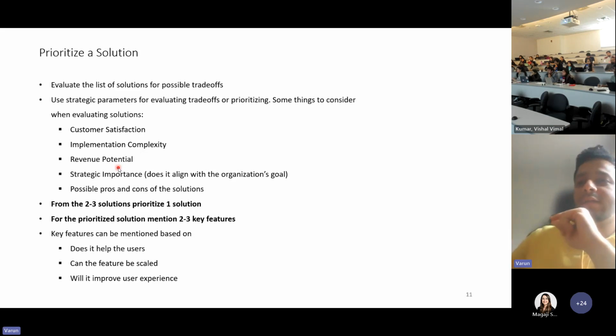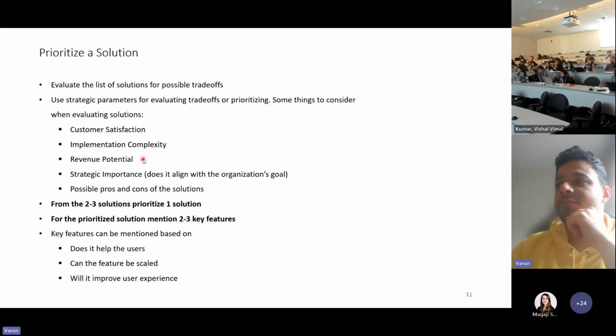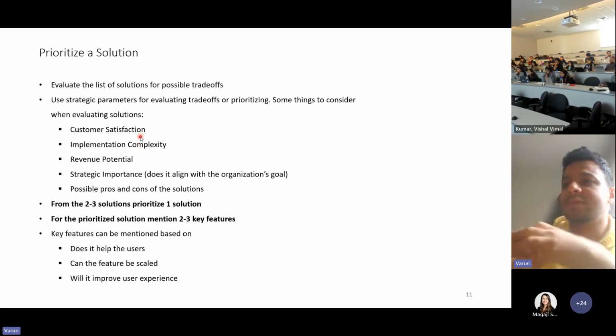So none of these categories take precedence. What takes precedence is the score across all of these dimensions combined. Let's say you score all of these on a scale of 1 to 5. Customer satisfaction is maybe 4, implementation complexity is maybe 3, revenue potential is maybe 5, strategic importance is maybe 5. Then the way you would evaluate it is across all these dimensions, and whichever has the better score,